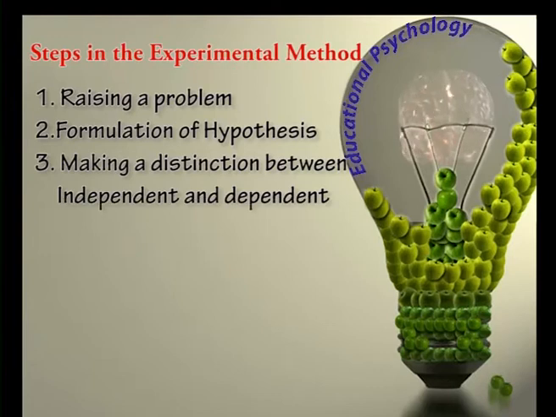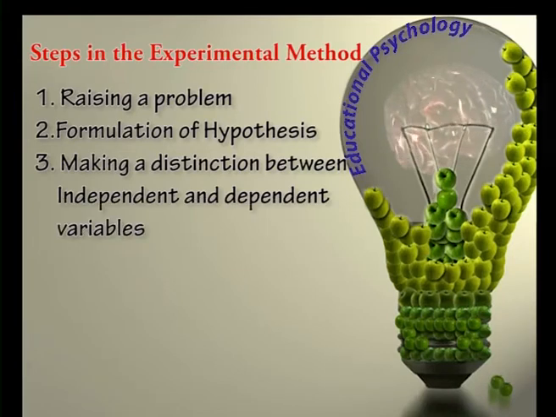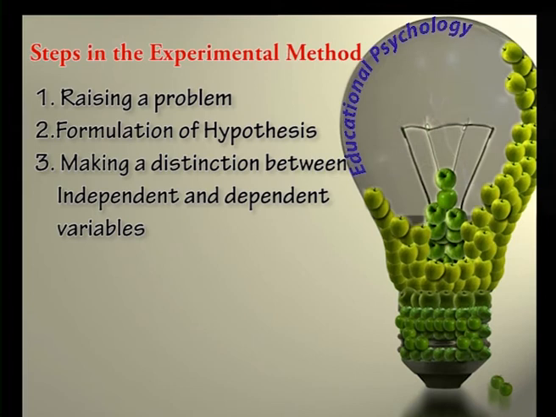Let's talk about making a difference between independent and dependent variable. In the example quoted earlier, the cheating behavior of the student will be the dependent variable, while the nature of supervision will be the independent variable. It is because by changing the supervision, the cheating behavior is expected to change. In the present experiment, we manipulate conditions of supervision in order to discover the ways in which they determine the dependent variable, that is, the cheating behavior.